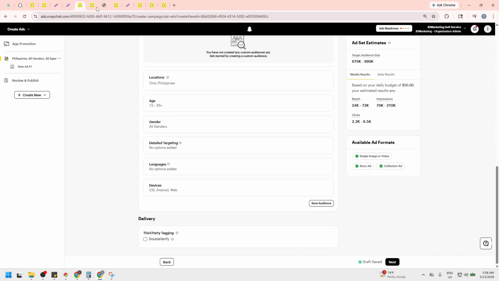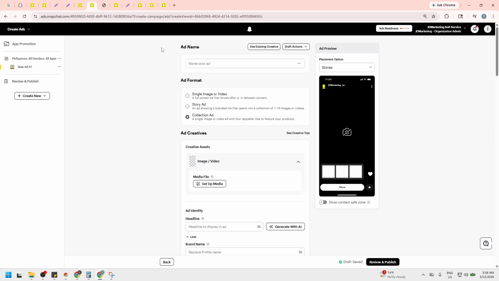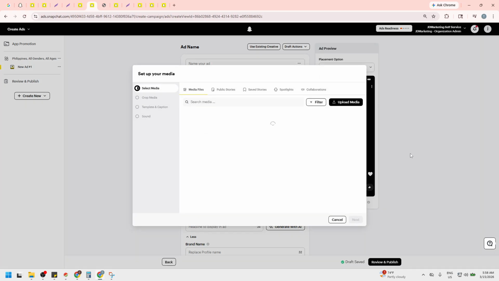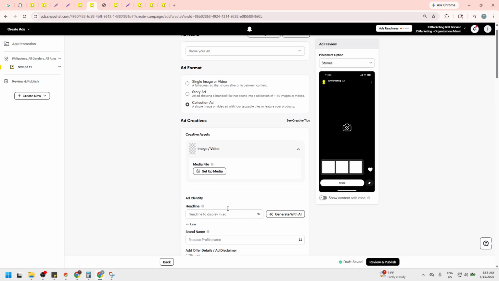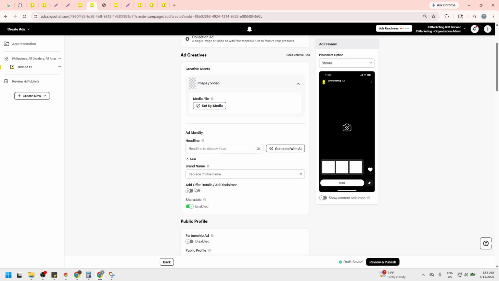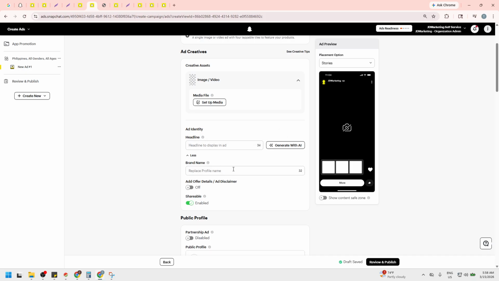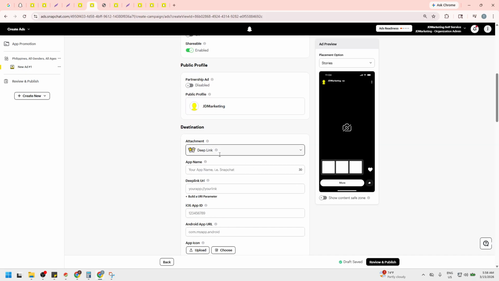At the ad level, name your ad and choose Collection Ad as the format. In the Creative section, click Set Up Media to upload your hero video or image. Add your brand name, up to 25 characters, and a concise headline, up to 34 characters, that clearly states the value. Set the destination details, including any attachment, your app name, deep link URL, iOS app ID, Android app URL,